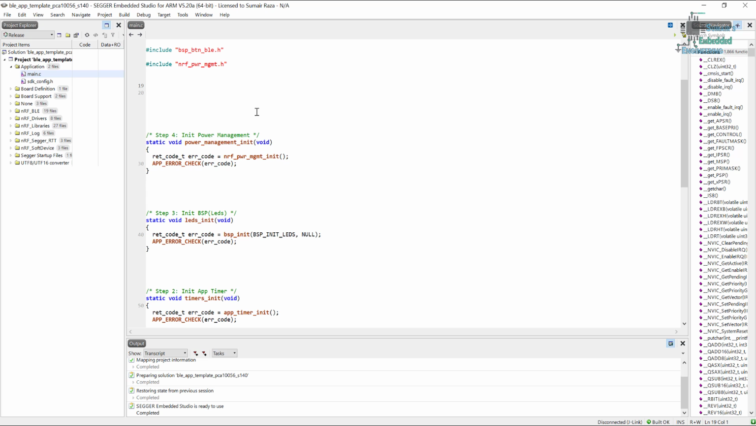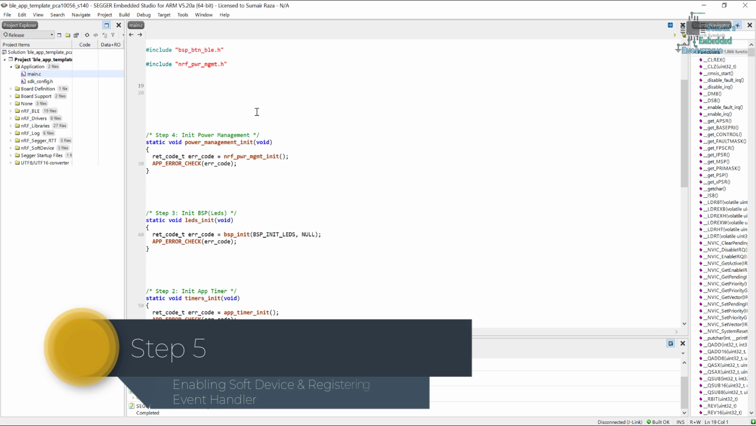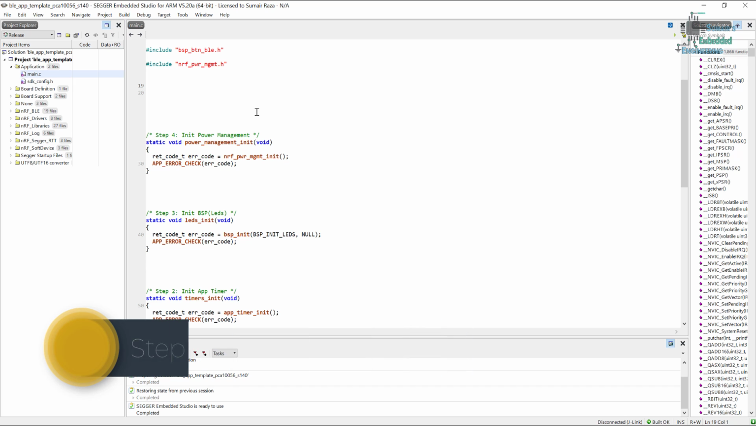Hi guys, welcome back. Now we are going to look at the next step. In the next step, we are going to initialize the Softdevice. For that, we need to include some of the files because it's a template project and it has already included